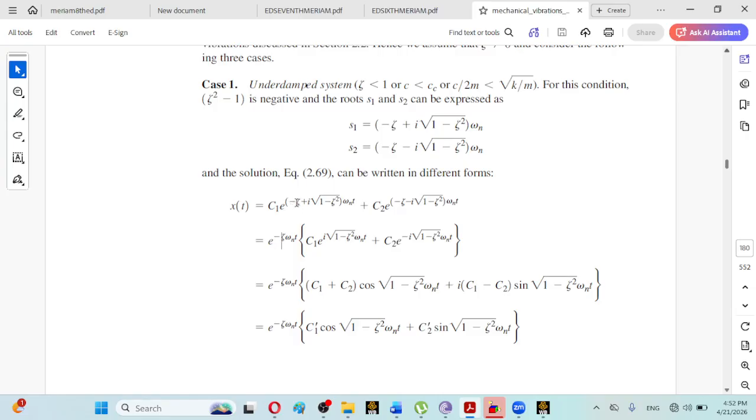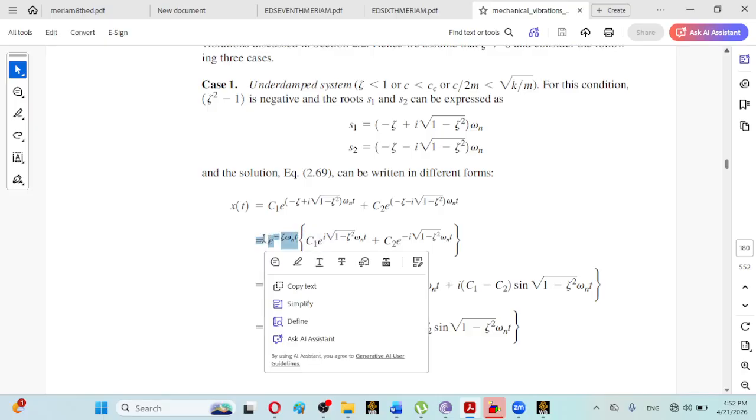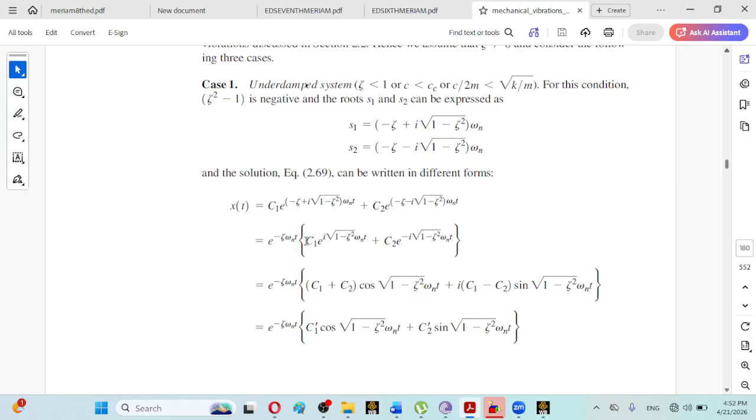Because this e power minus damping factor into omega n t is common in this equation, this first part is common for both the solutions, so that will be taken as common and brought outside the parenthesis, and inside the parenthesis there will be C1 and this value. As it is very laborious for you to write this equation, I have solved it here in a different way,